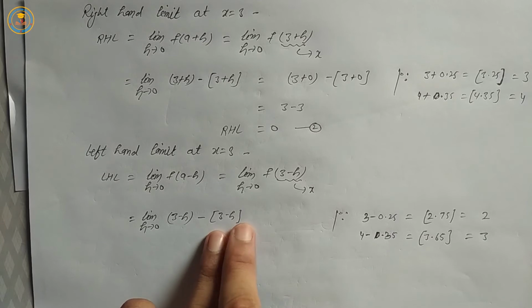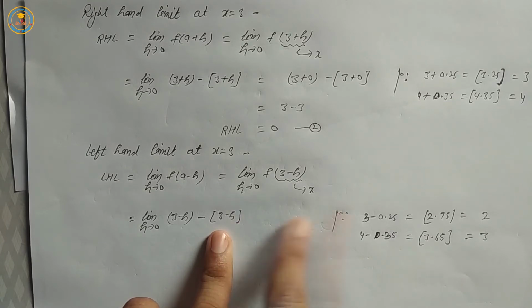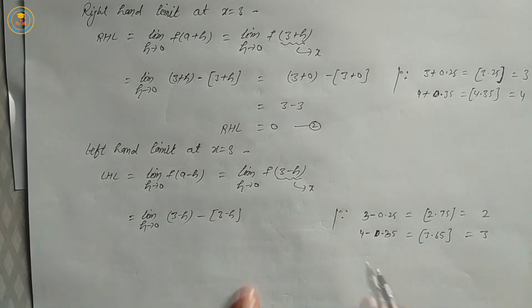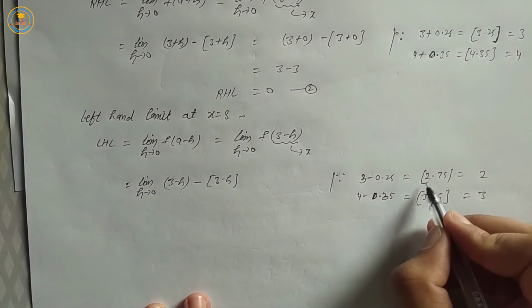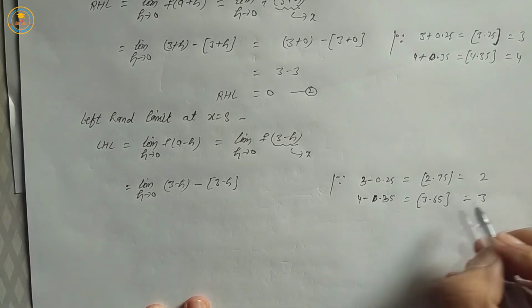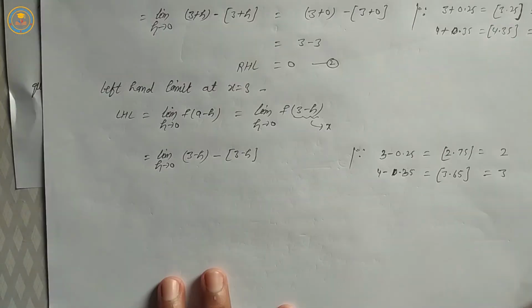Similarly, 3 minus something is equal to 2 point something, 4 minus something is 3 point something, but the greatest integer of 2 point something is equal to 2, 3 point something is equal to 3, 4 point something is equal to 4. Okay,